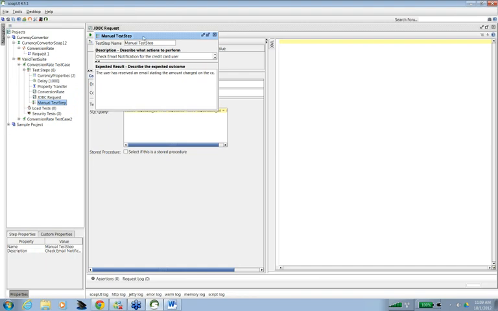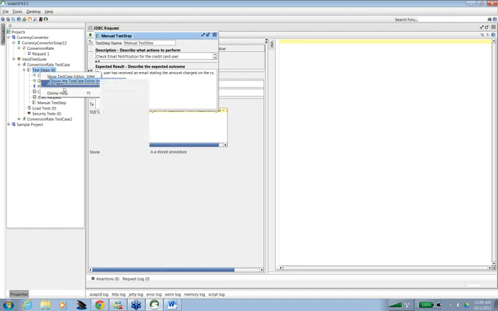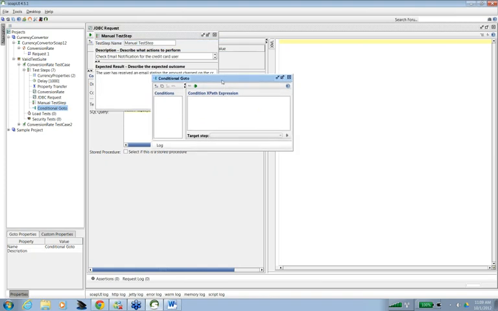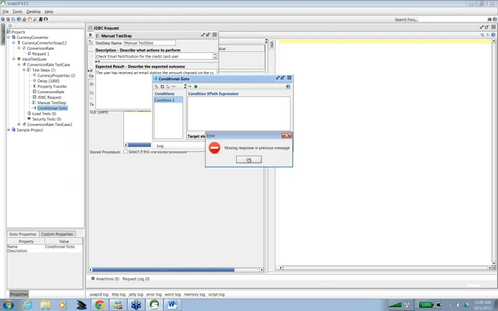Okay, so this is one of the things which we can do. Then we can do some more steps also. Let's see what else we can do. We can do conditional goto. What does conditional goto mean? Conditional goto means that let me add one condition. Let's say I want the first test case to be something and the second test case to be something. So I can write, let's say, for my request.